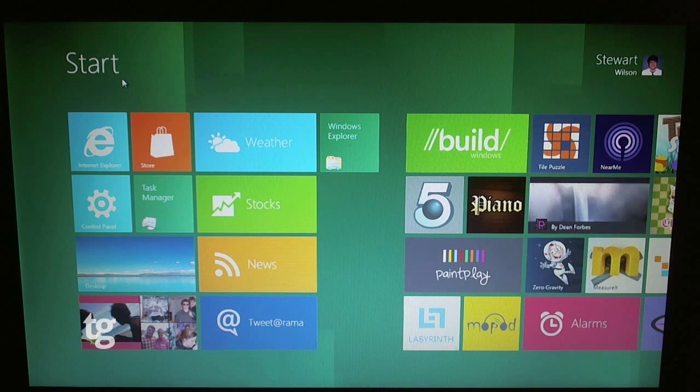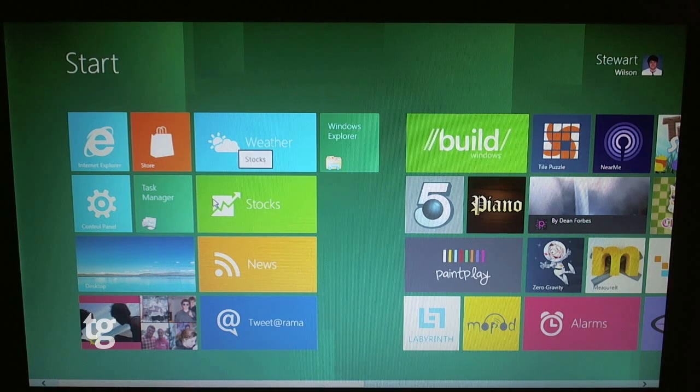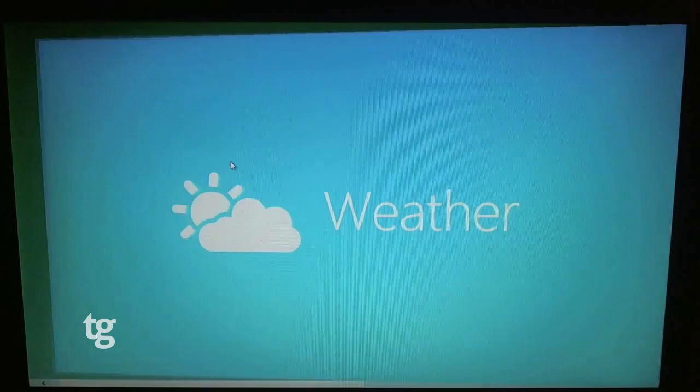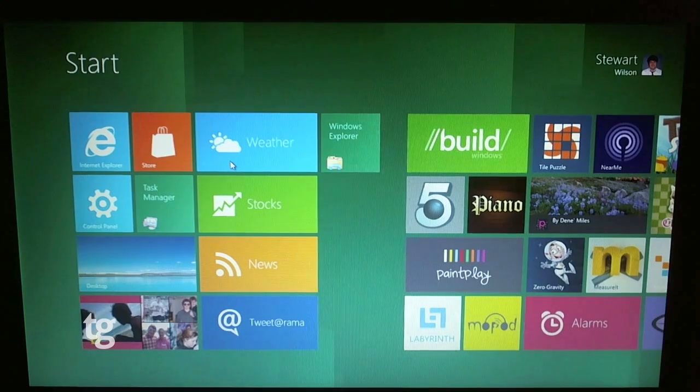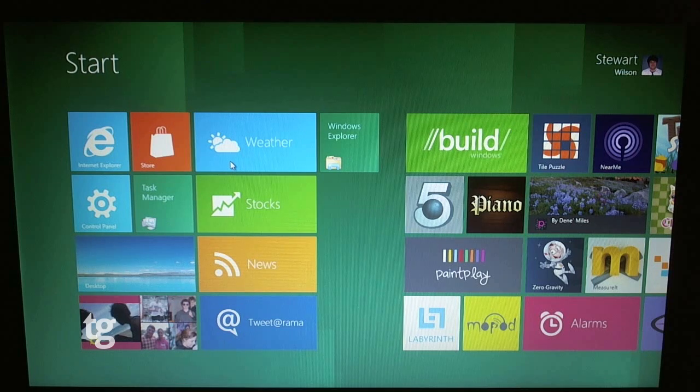And so, of course, we've got the live tiles here. So we've got weather. I haven't actually opened this yet, so I wonder if it'll get my location. Let's see. By the way, my laptop doesn't have a GPS, but it might get it through my IP address or something like that. Well, it looks like the weather app didn't want to start up, so we'll just skip that for now, but